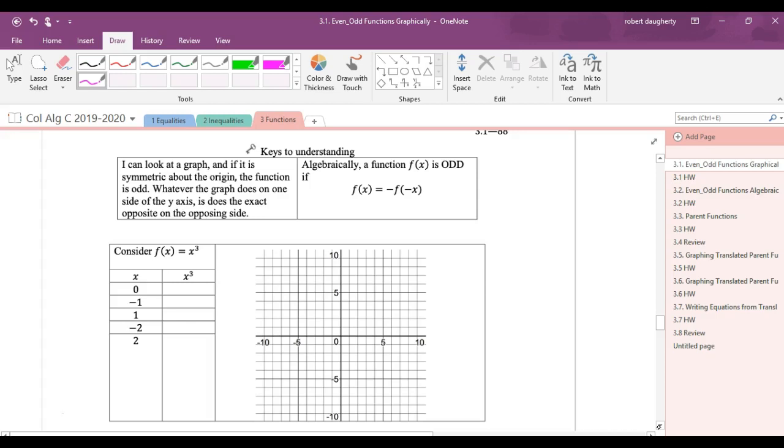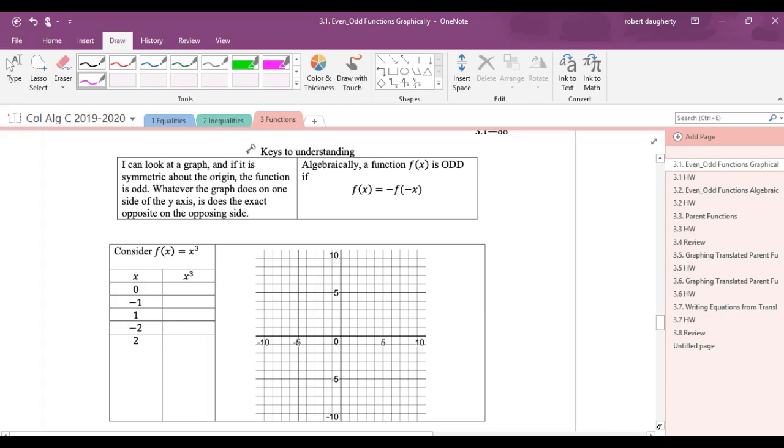So, even function. When you look at an even function, it's symmetric about the what? Y-axis. Okay, that means when you look at the function and the y-axis, describe what you see on both sides. It looks the what? It looks the same, okay? An odd function is symmetric about the origin, okay? What that means is when you look at the function on one side of the graph, what does it look like on the other side of the y-axis? It looks the very opposite and not the same,